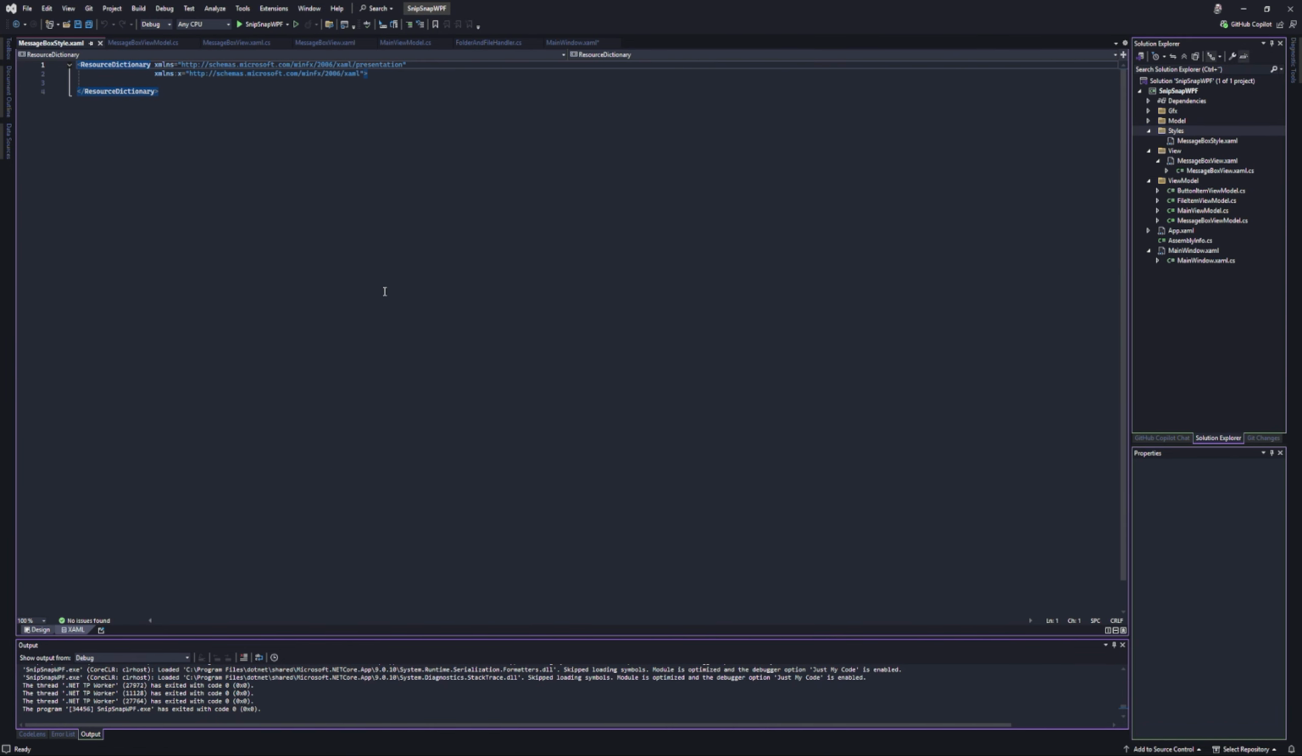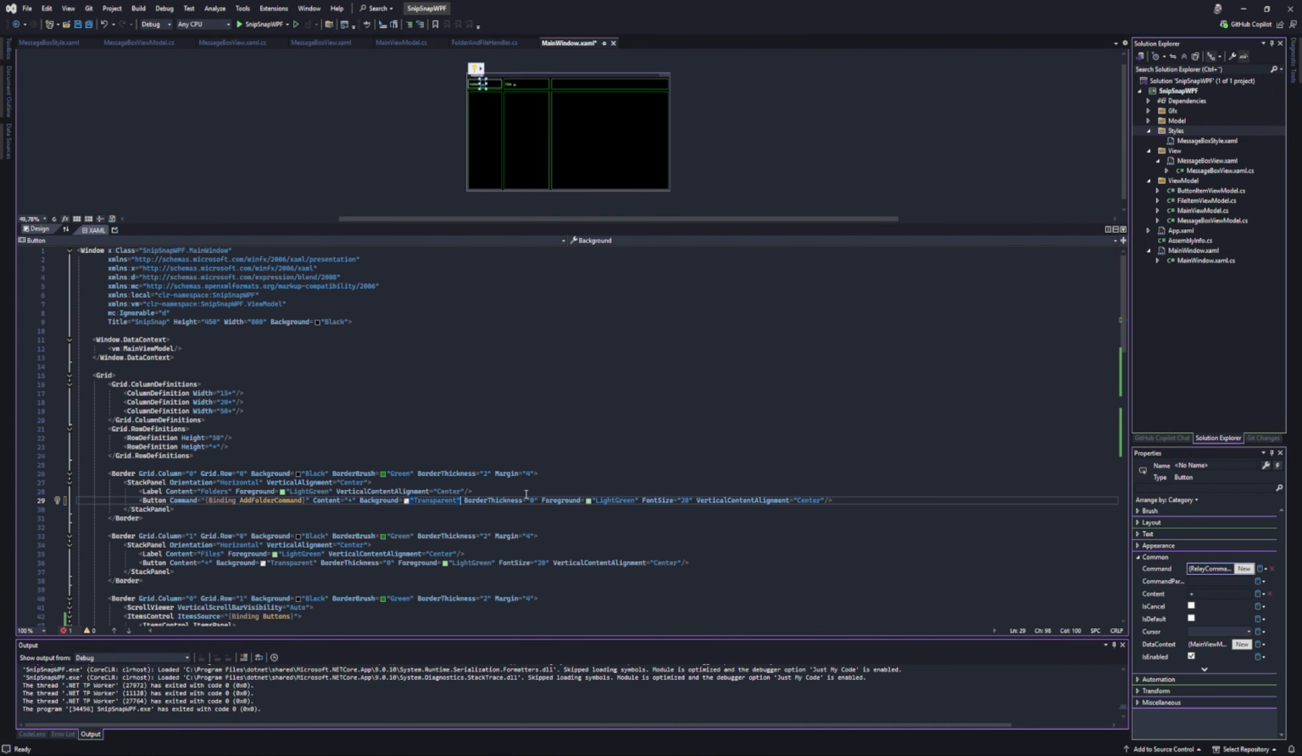And we now have a resource dictionary. And this is where we can put in a lot of the stuff that we have in here, so border thickness, but we can do a lot of other stuff. I have kind of templates that I use. I will showcase that to you guys in a bit. But first,